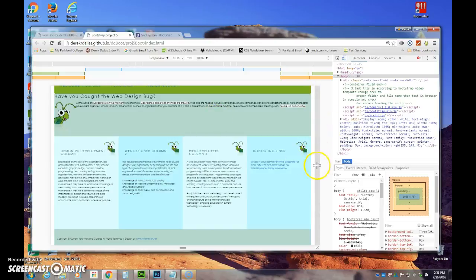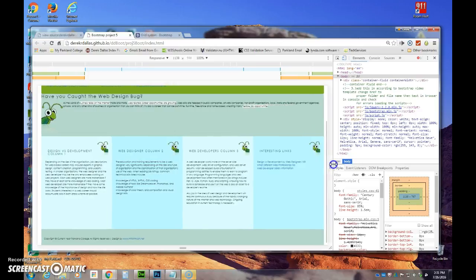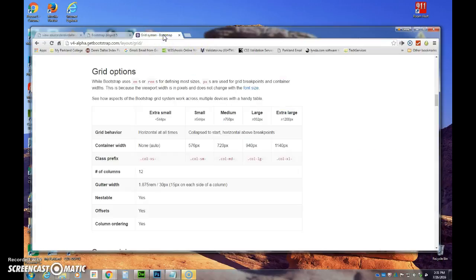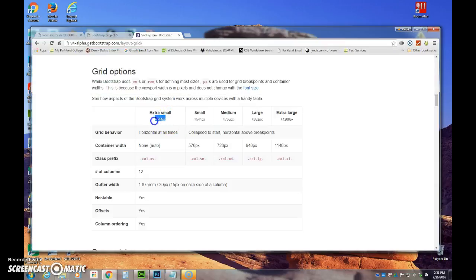So since you have the ability to control this, one thing you're going to see is that Bootstrap has a grid system. And the grid system is going to be based on these breakpoints. And this is basically at the level that we're at. I just want you to understand these different breakpoints. So when the screen is less than 554 pixels,